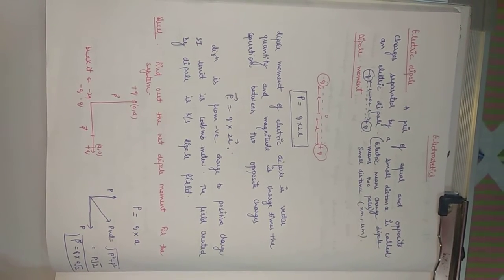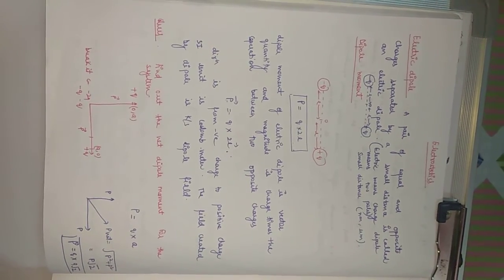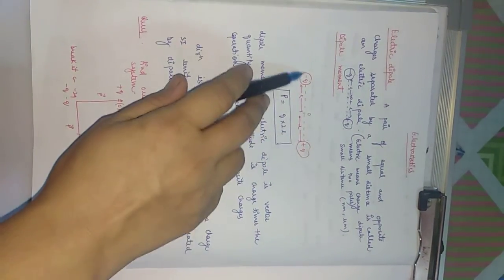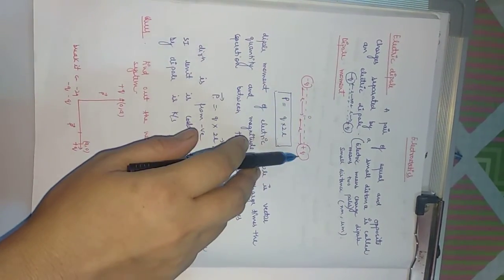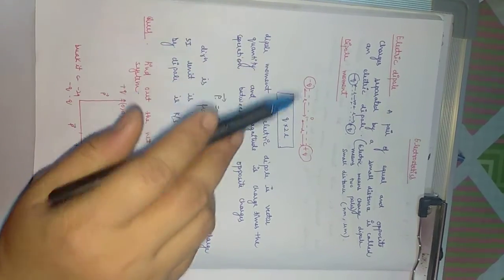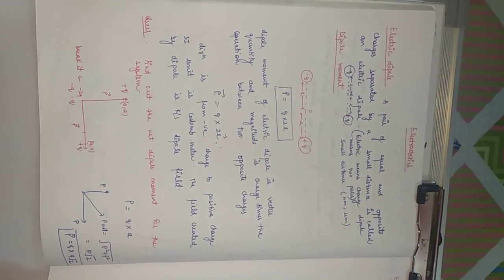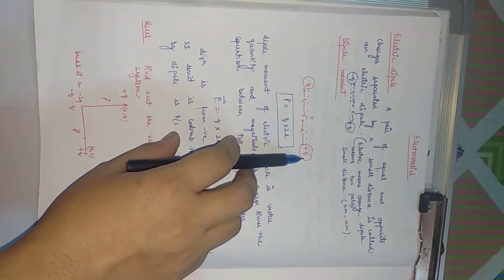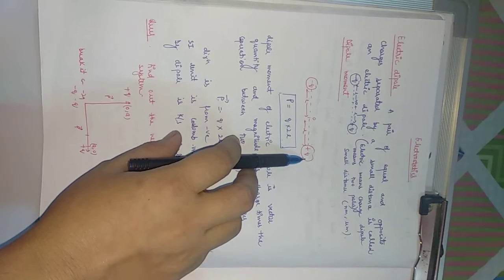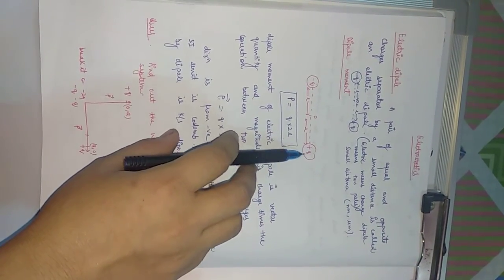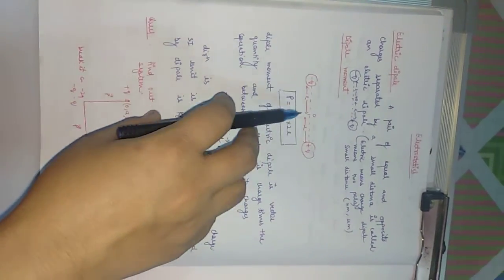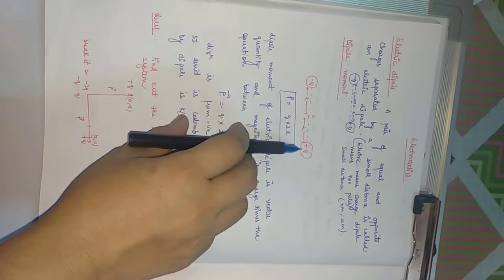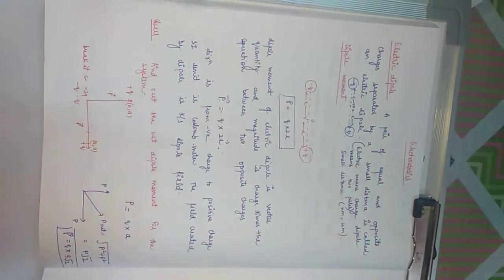Students, the field created by the dipole is known as dipole field. As you can see, we have two types of charges. The electric field created by these two charges can be calculated with the previous formula which we have already discussed, that is the electric field due to a point charge. When you add these two electric fields, the net value is not zero, we'll get some value. So we can say the electric field due to this dipole is not zero, because these two charges are separated by a distance.